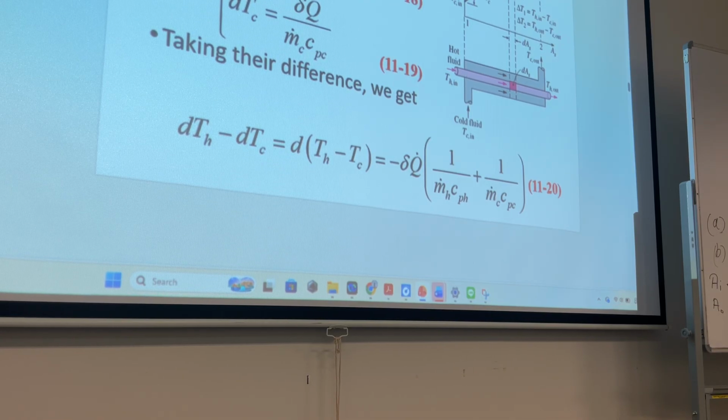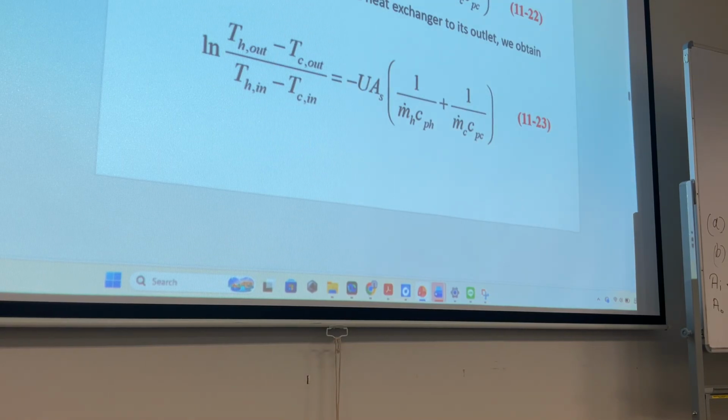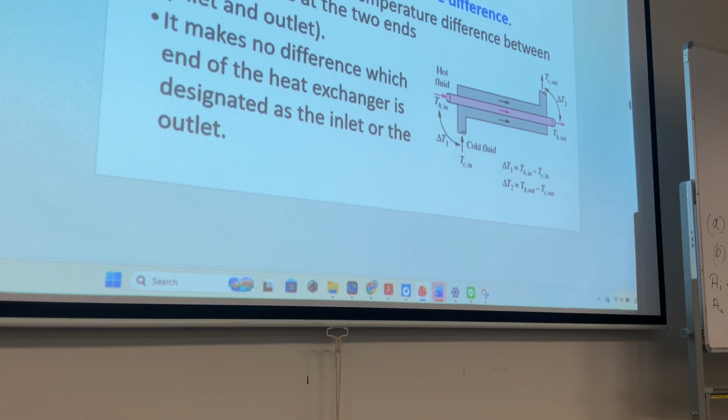So that's why we are using d, differentiation, okay, dT. And for a smaller amount, dQ. Taking the differences, we get this, okay. Again, you don't have to go through the derivation, but you should understand what they are saying. Okay. So LMTD method, LMTD is log mean temperature difference. As an engineer, if you are selecting a heat exchanger or you are designing a heat exchanger, you want to know the length, area of the heat exchanger according to your suitability. Then you can use the